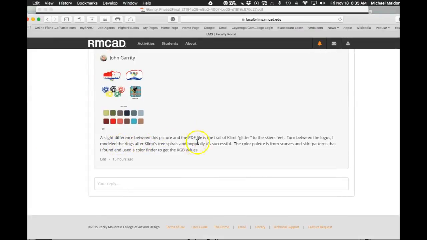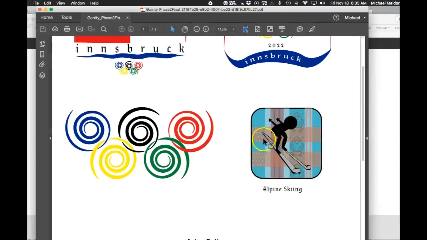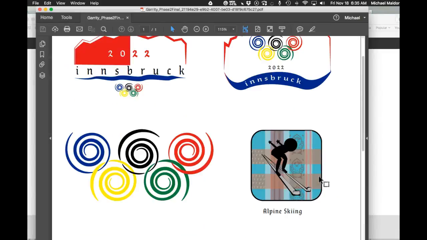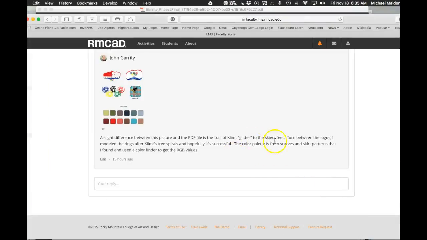A slight difference between this picture and the PDF is the trail of clipped glitter to the skier's feet, but I don't see the clipped glitter to the skier. I'm not real sure. I'm not seeing that here. So I don't know if this is a different file or something, but I'm seeing the pattern background, and then I'm seeing these little X patterns. I'm not real sure exactly what you're talking about when you're talking about that glitter to the